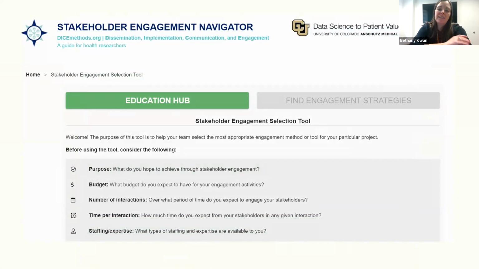So when you select the engagement selection tool, there's a few things that we ask you to come prepared having thought about. Number one being, what's the purpose, or what do you hope to achieve through stakeholder engagement? As Matt mentioned, this is really primary, and when we engaged our stakeholders, that is health researchers seeking to do stakeholder engagement, that was what really rose to the top of, I want a method that fits my purpose, that